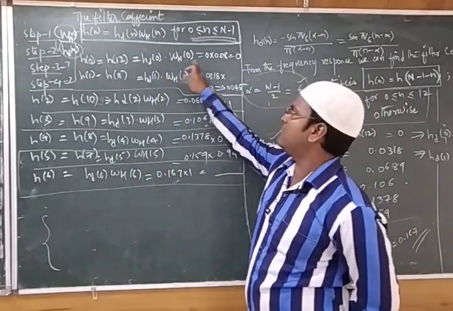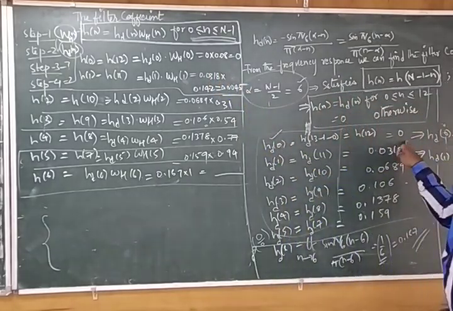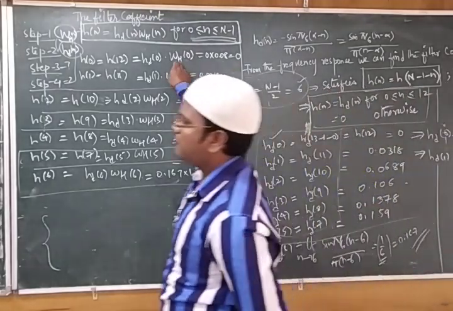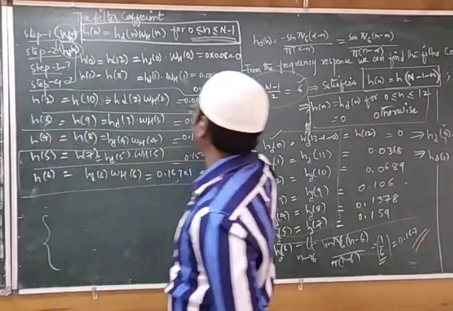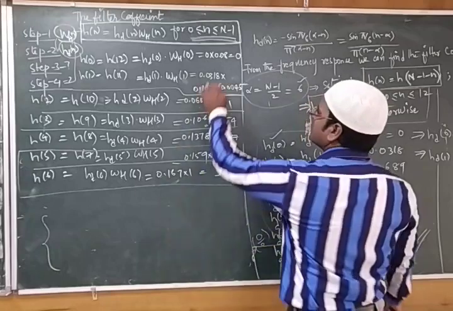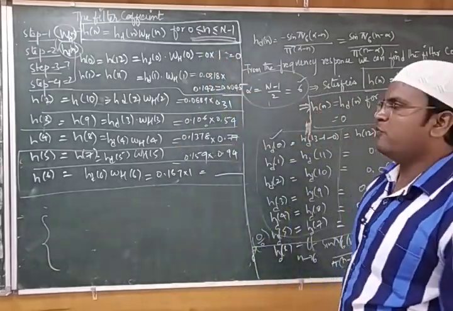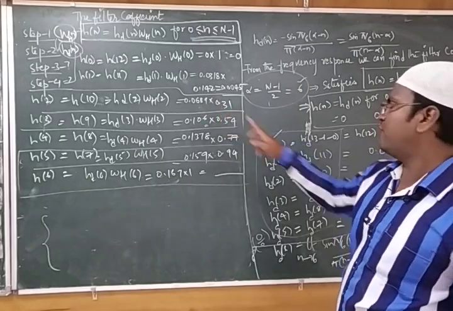So with 0, what is hD of 0? We had here hD of 0 is 0. So that we put 0, and ωH of 0 we obtained in the previous condition. Whatever the coefficient we had, it is 1, so we put 1 for it. So 1 into 0 will be 0. Then h of 1, which is hD of 1. What is hD of 1?